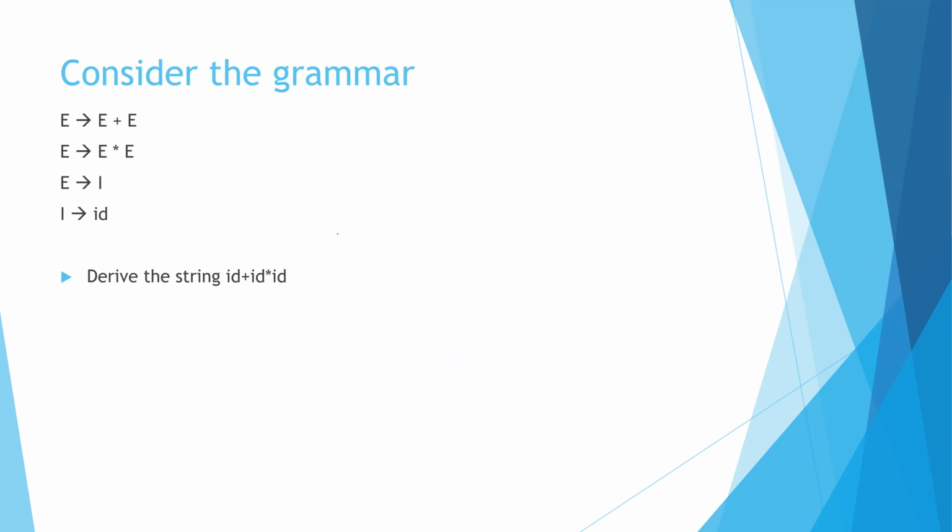Now, let's see something called derivations. How can you derive a context-free grammar? The derivations of context-free grammar are similar to the derivations of regular grammar. I do have a particular grammar over here with 4 production rules. The first thing you can write down is what G is. I do have E and I as variables. It follows V, T, P, S. What are my terminals? I have a plus, I have a times, and I have an id.